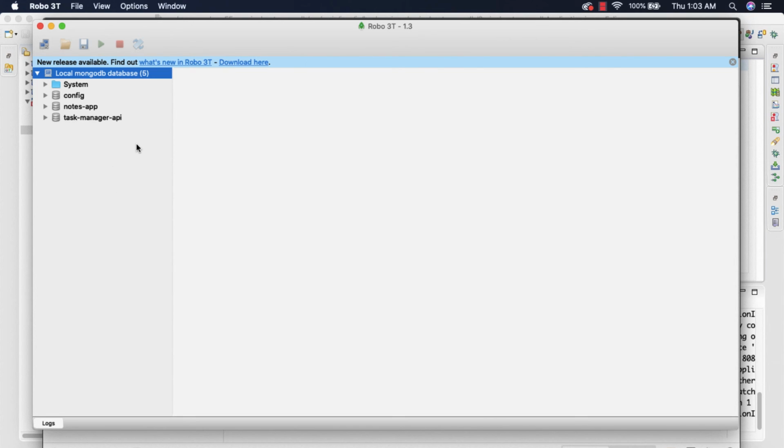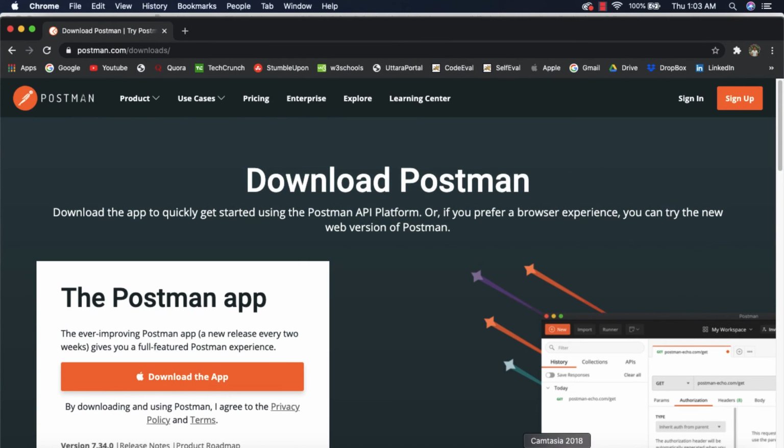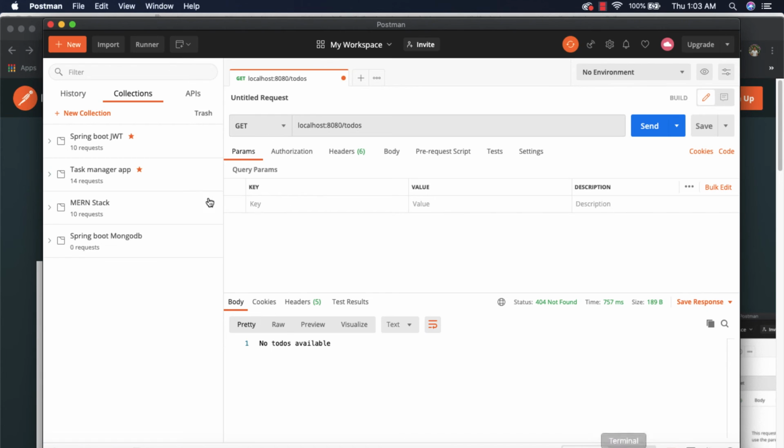Right now there are no records in the database, that is why it is going to return no to-dos available. When we create a POST request and store for the very first time, that time the database will be created. That's fine. So I'm going to save this request.